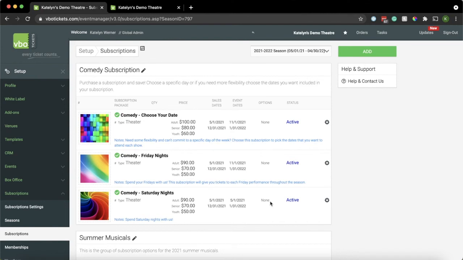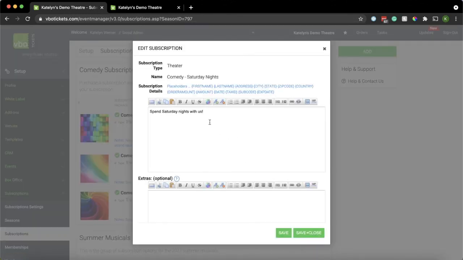Now, there are some other messages that you can set up for this subscription, and you can use this manage gear right here. You can add a welcome message that gets sent to the patron in a separate email after they purchase this subscription. You can set up a confirmation message that will display at the top of the email confirmation the patron receives after their order. You can set up a how it works message that displays on the subscription e-ticket that the patron receives. And then if you need to edit the description of the subscription, which is what you're seeing right here, you can click this edit gear, click edit subscription message, and then you can edit that right